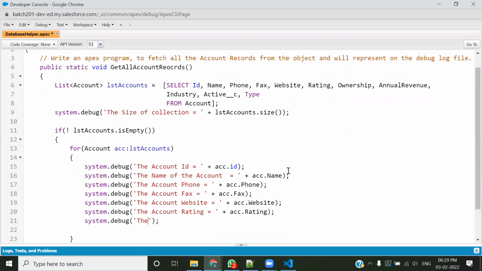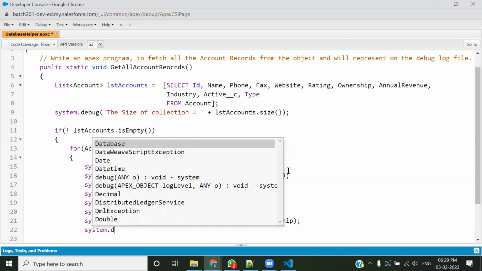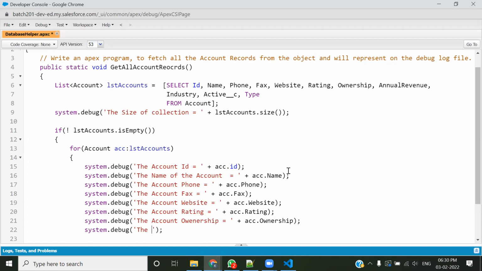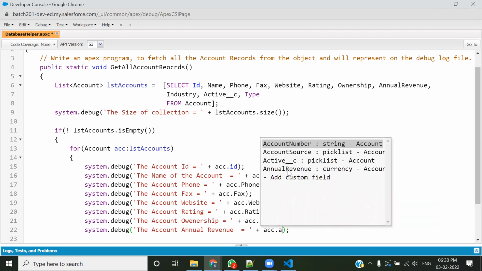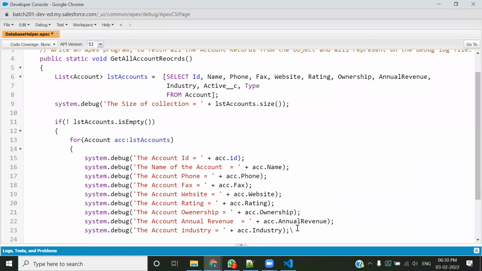And then next System.debug, after rating it's what, it's ownership, so the account ownership equals to plus acc.ownership, ठीक है। And then System.debug, the next is what, after this, annual revenue, so the account annual revenue equals to plus acc.annualRevenue, ठीक है। After annual revenue it's industry, so System.debug the account industry equals to plus acc.industry, ठीक है। After that